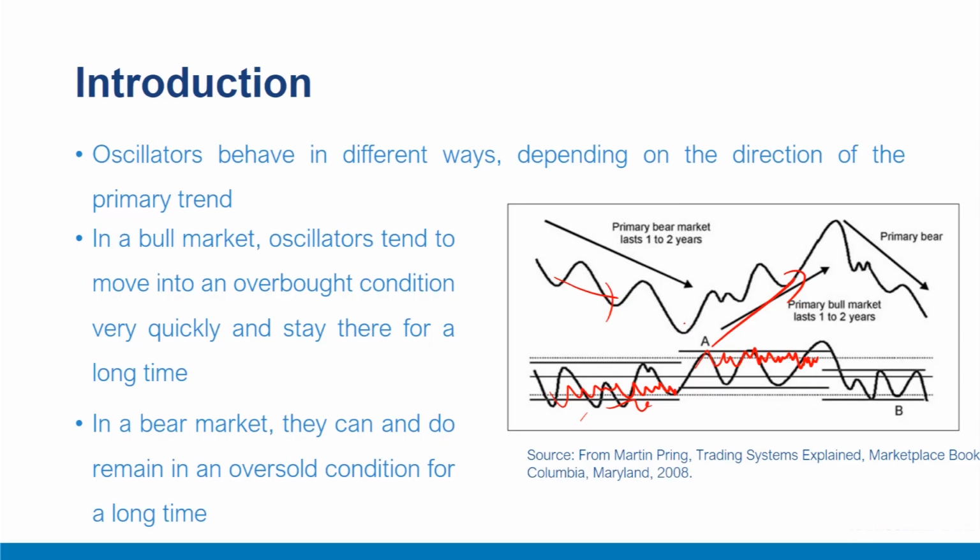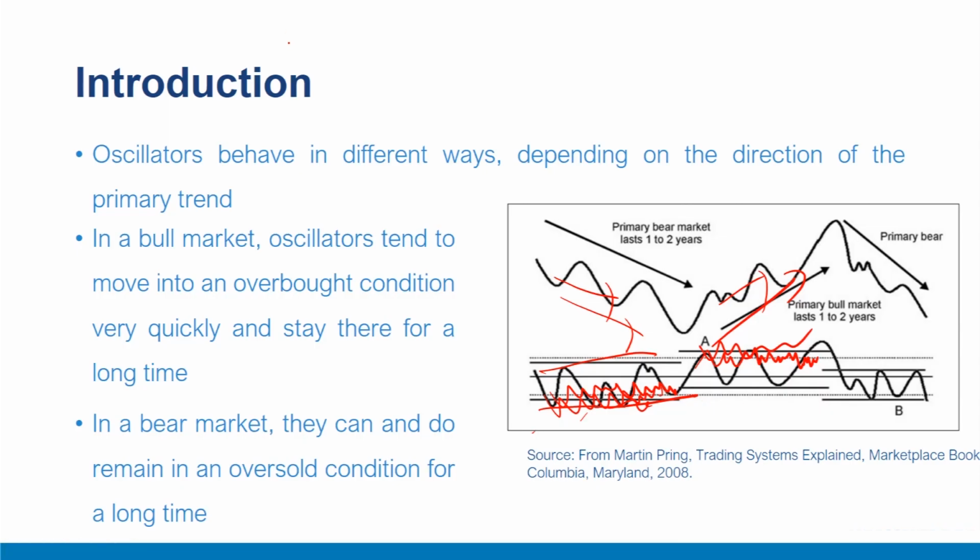Please note the behavior of the momentum indicator in a bull and bear market. This is useful information in itself, so we need to examine it, because if it is possible to draw parallel or horizontal lines like these against an oscillator, it provides very valuable information and a clue as to whether the primary trend is bullish or bearish, because depending upon a bearish or bullish trend, the oscillator will hover around the oversold or overbought level. Oscillators behave in very different ways depending upon the direction of the primary trend.